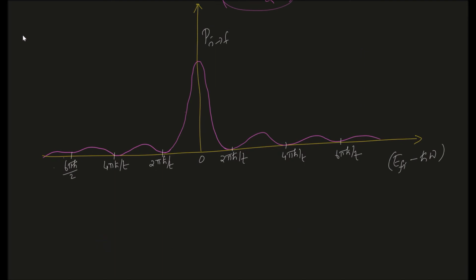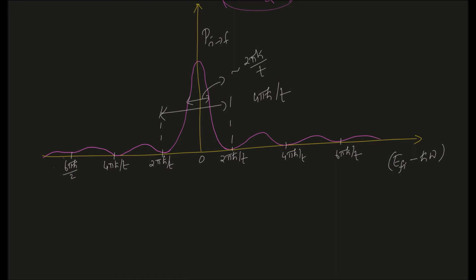You can see that the width of this transition is given by 4 pi h cross by t, and the full width at half maximum of this peak is usually approximately 2 pi h cross by t,